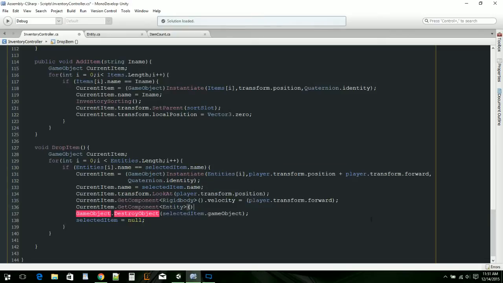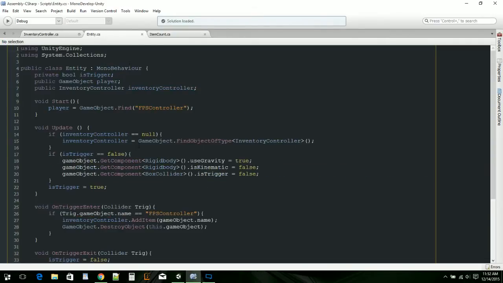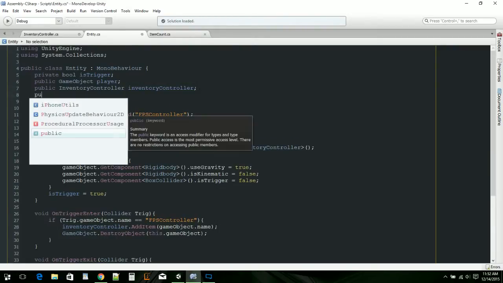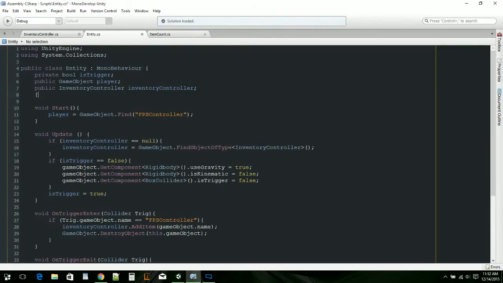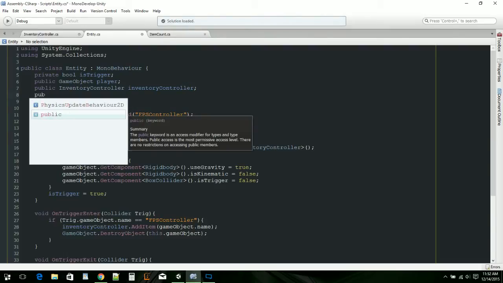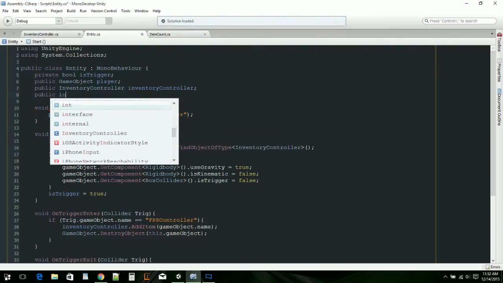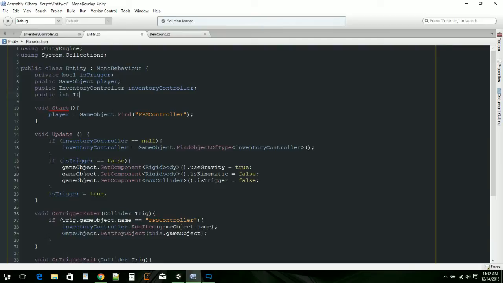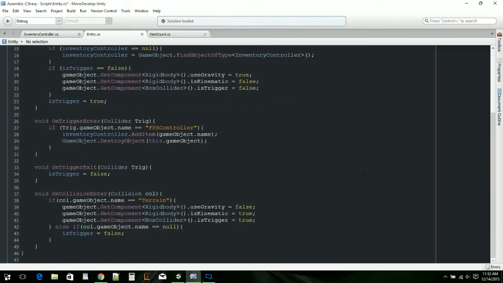So after we get the entity, we actually need to go over into entity first. So we're just gonna reference this. So public int, and this is going to be item count. Okay, and save that. So over here, I believe,